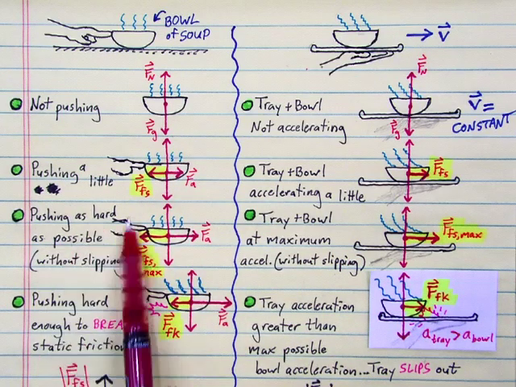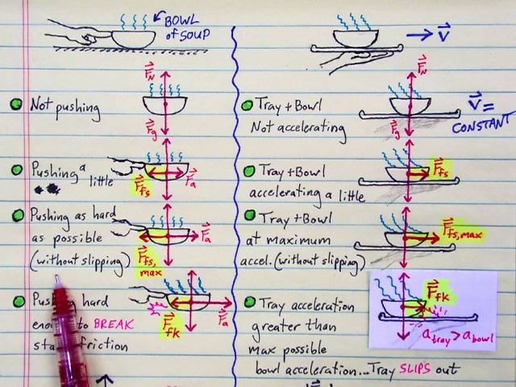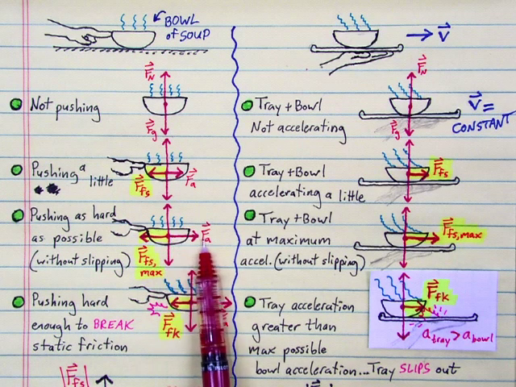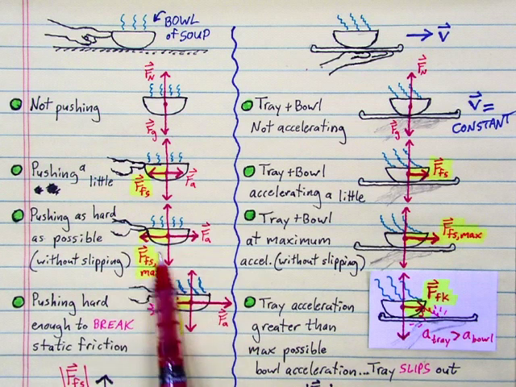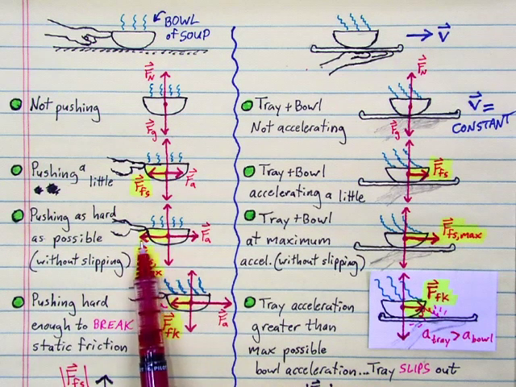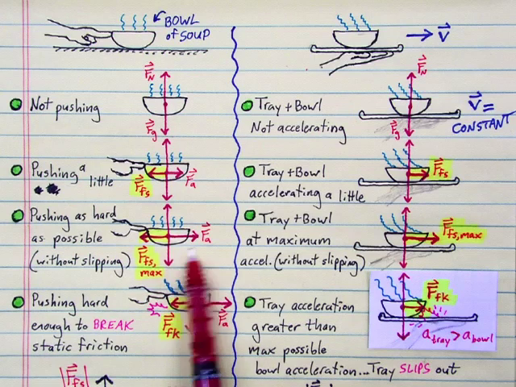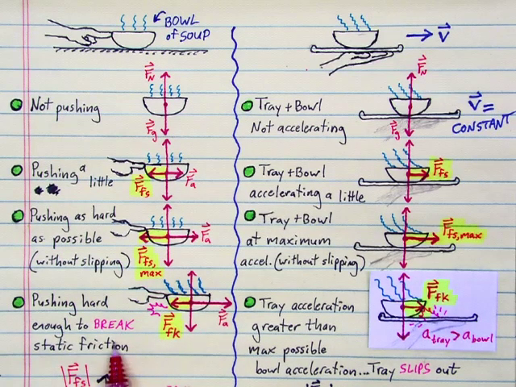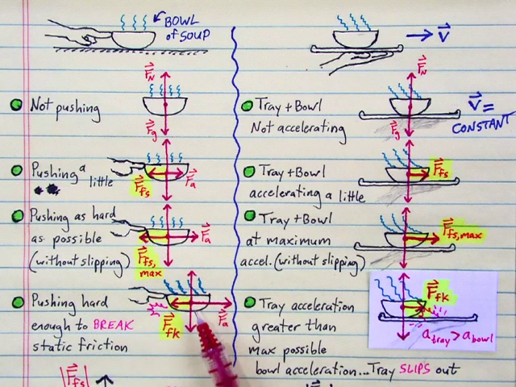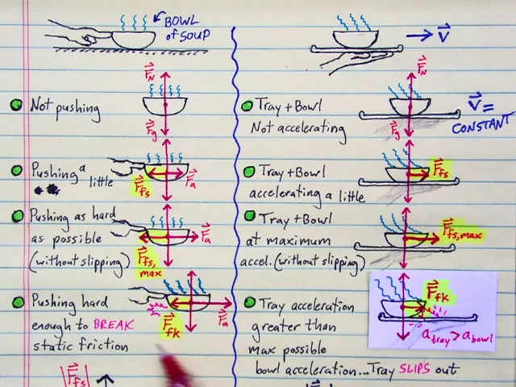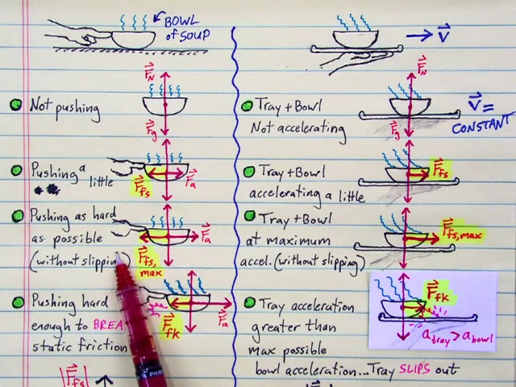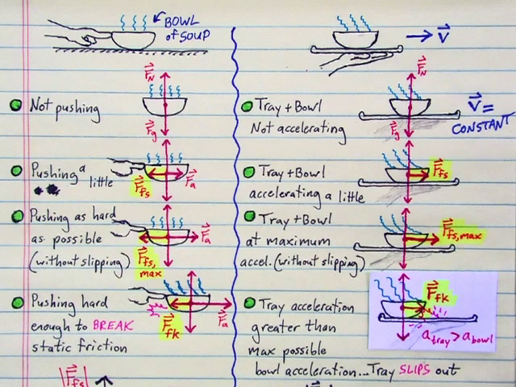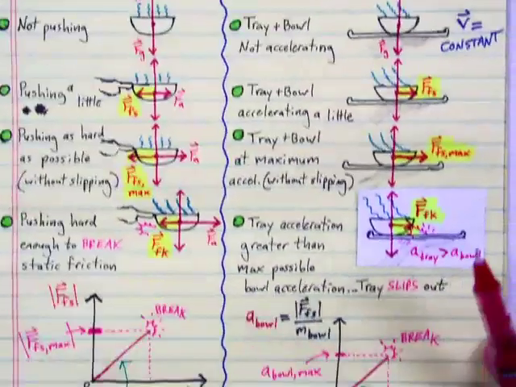If I push harder, in fact, if I push as hard as possible before the bowl starts to slip, then my applied force will hit the maximum value of the force of static friction. It grows to a certain maximum value, and it's just about to slip if I push any harder. So if I do then push harder, we say we break static friction, the bowl starts to slip, and then friction changes from static friction to kinetic friction, F_K. And there we see this kinetic friction force is weaker than that maximum static friction force, as we saw on the spring scale. So this sequence of events can be summarized